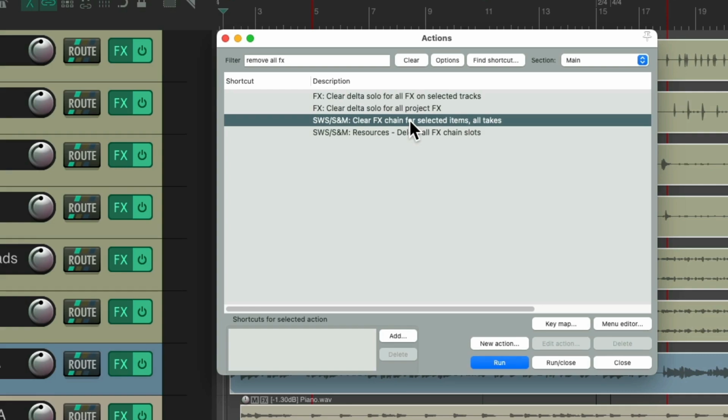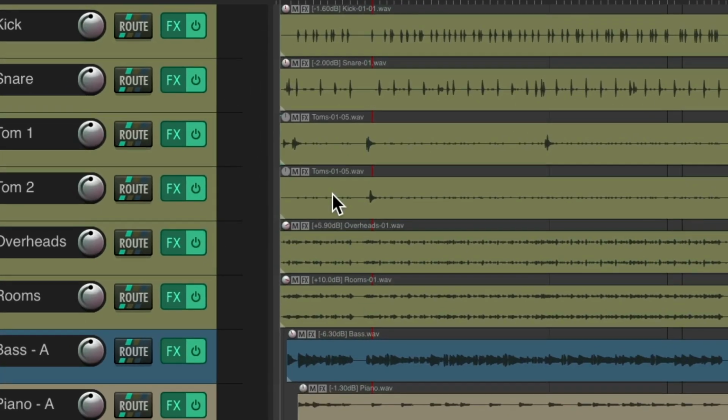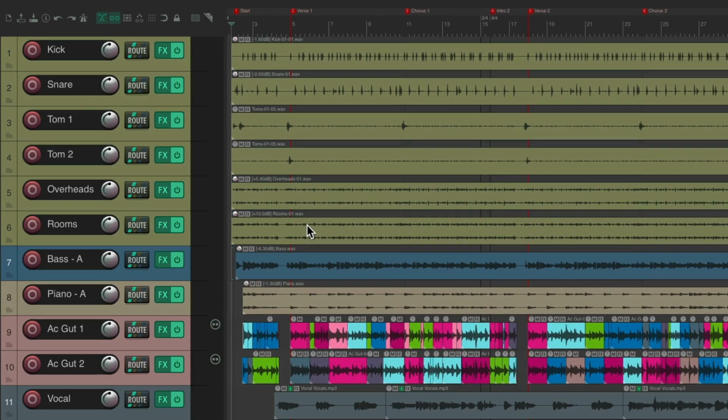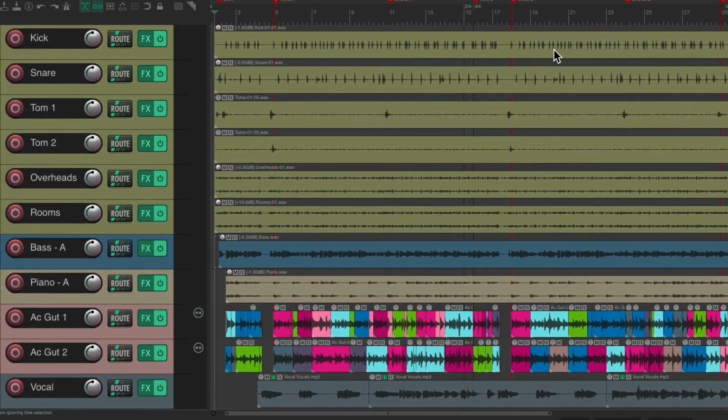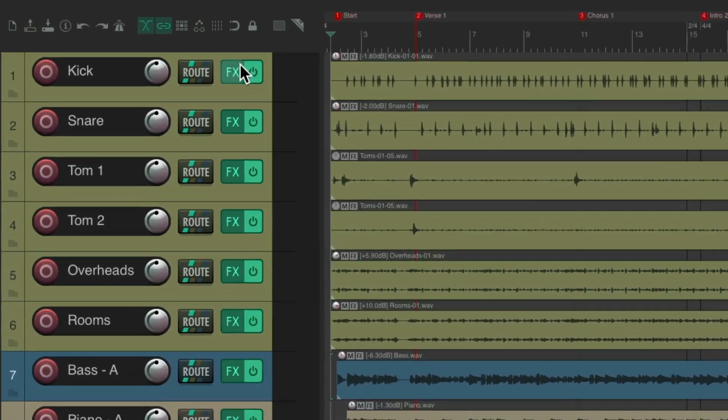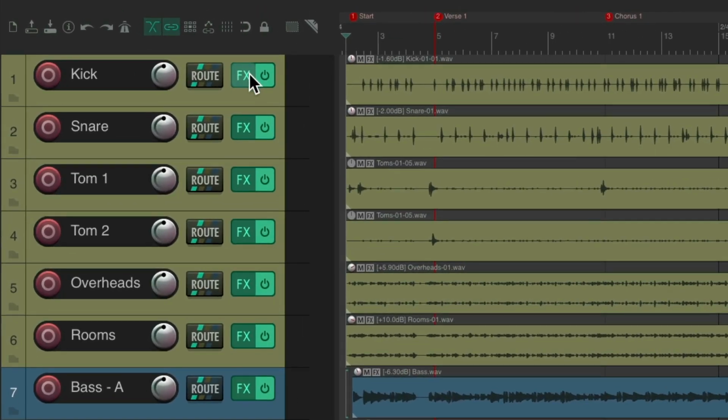Double click this, and it deleted the effects from the items. Before, it had those effects, and after, it doesn't. So now we need to remove all the effects on the tracks. We can see them here, or in the mixer. And the quickest way to do that, without having to use Alt on the PC, Option on the Mac, for each one of these tracks,